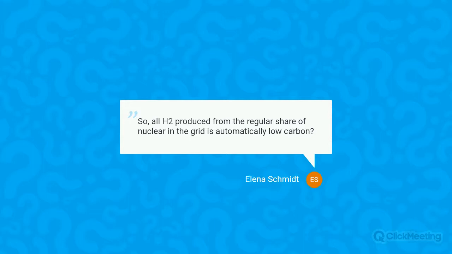So the first question is: is all hydrogen produced from the regular share of nuclear in the grid automatically low carbon? Not really automatically. Technically, how it works is that you need to have a look at the electricity bill that will be provided to you by your energy supplier, and if that bill indeed mentions a high content of nuclear, it would make that electricity low carbon,